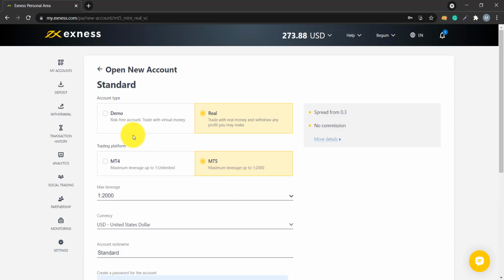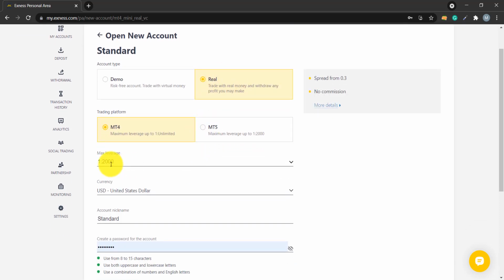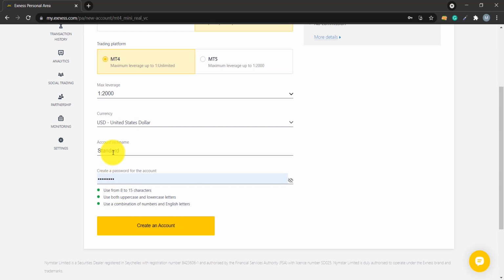After that you can just select MT4. This is the better M1 candlestick available. The view is looking good. From here you just select MT4. From here you can select the real. After this, this is the leverage. This is a good leverage point. From here you can just select USD, select standard.